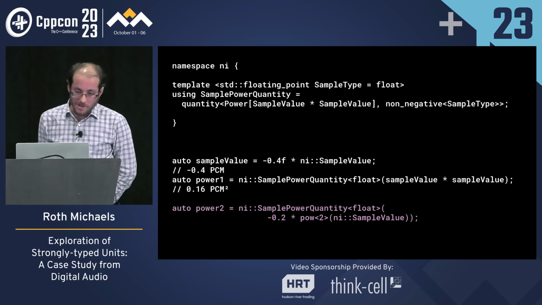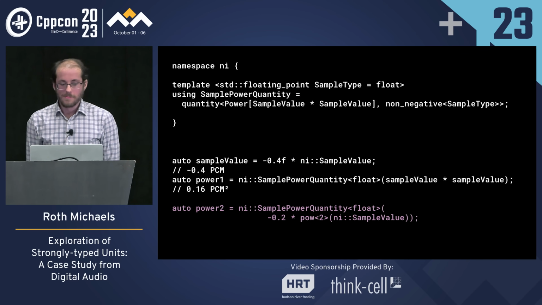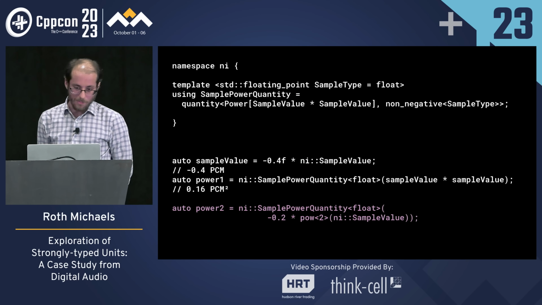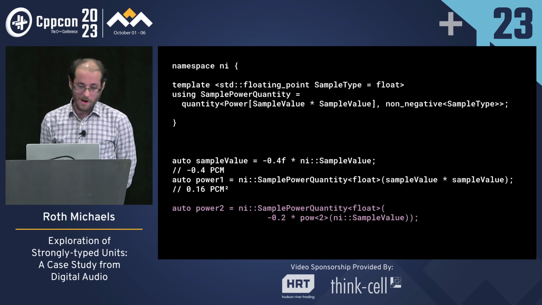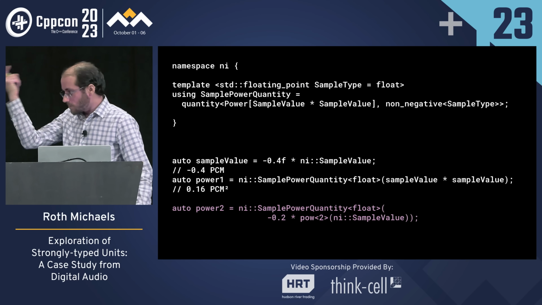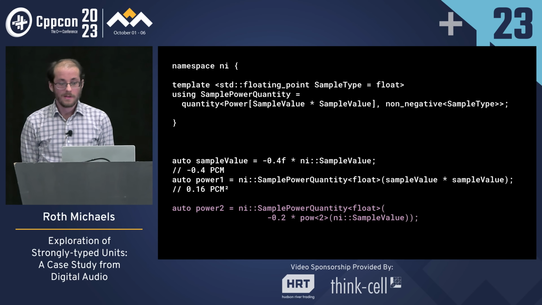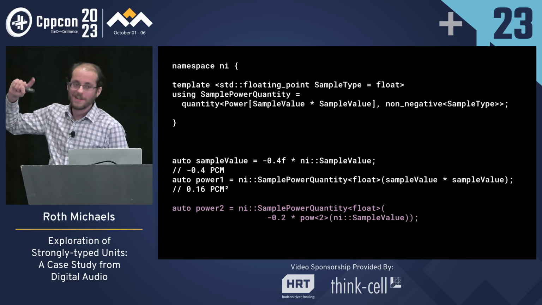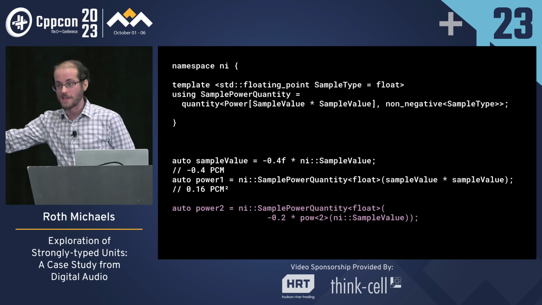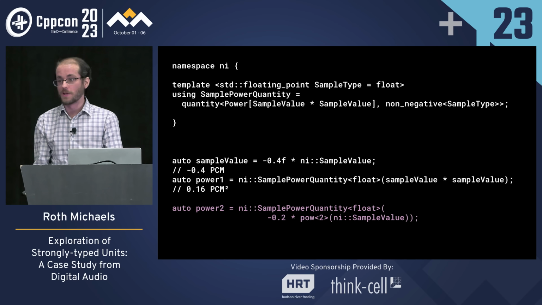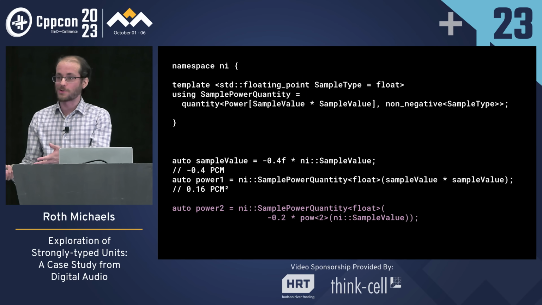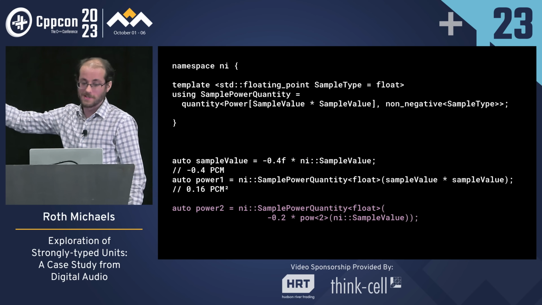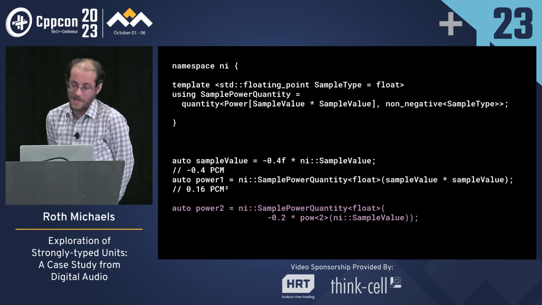But if you look at power 2, where I try to construct one by hand, saying, okay, I want to make a sample power quantity of minus 0.2 times sample value squared, that's not going to work. Actually, this compiles, so I should use a different color. That's going to crash in this use case because I'm compiling with contract checking on and terminate on contract violation. So this violates the contract of sample power quantity,